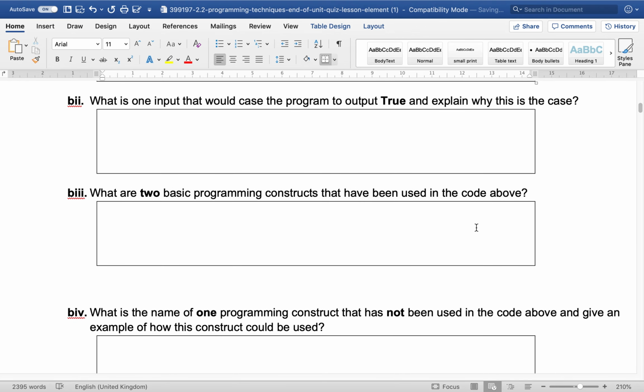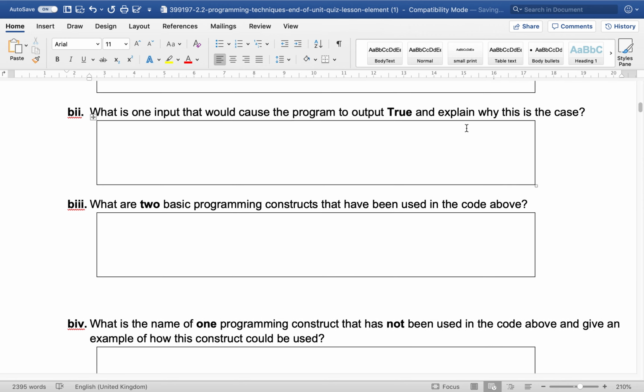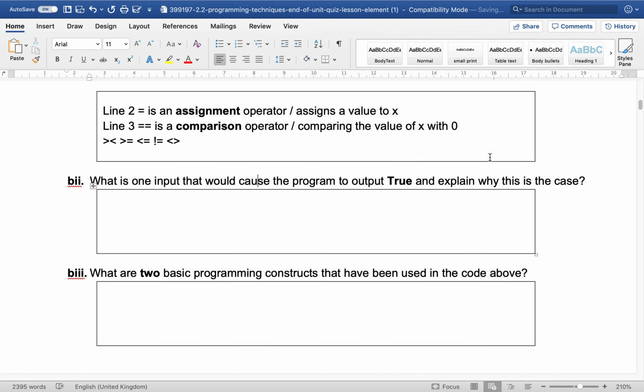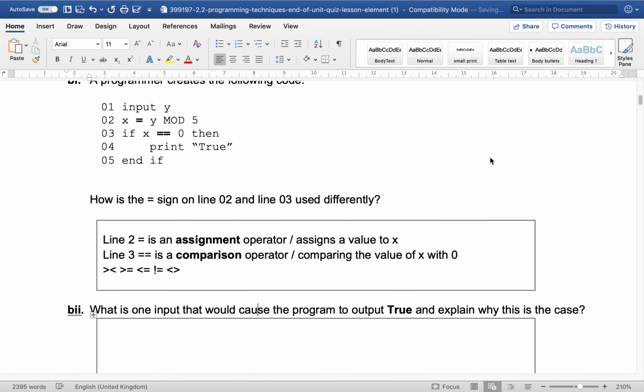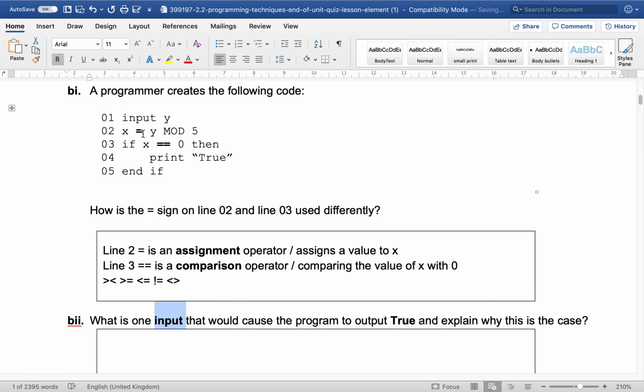Right, B2. What is one output that would, I'm going to assume they mean cause here, the program to output true, and explain why this is the case. So now it's actually checking our understanding of the code. So what is one input that would cause a program to output true? So what are we checking here? We need to see what could be input